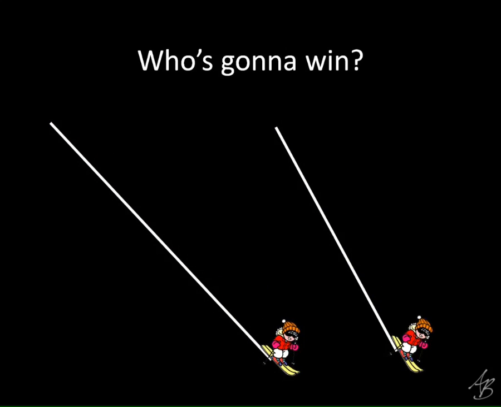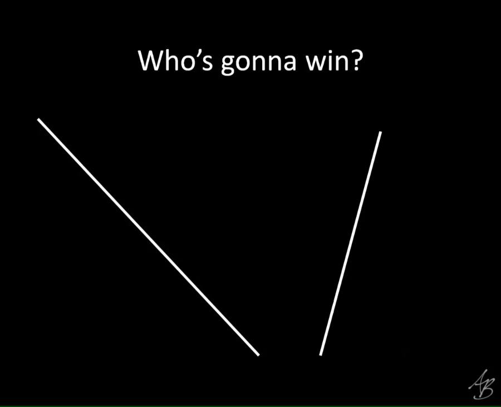Assuming that he doesn't run into a tree or something like that, right? So the steeper slope is where the skier is going to go faster. So one thing that we can keep in mind when we're doing slope is the steeper it is, the faster somebody's going to go. That's going to be a bigger slope. All right, so this line right here has a bigger slope because the skier is going to go faster on it. How about this one?